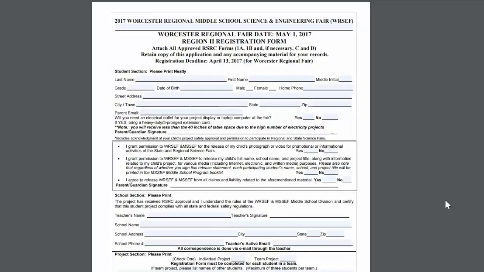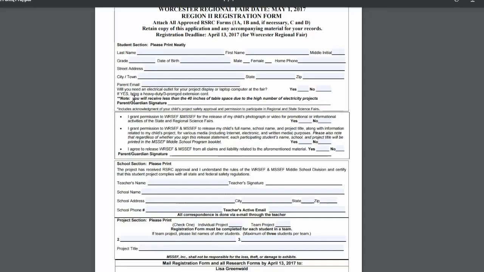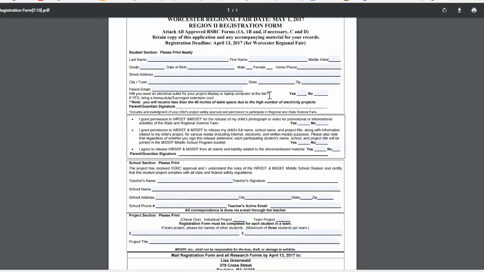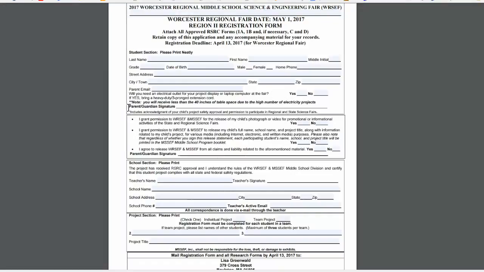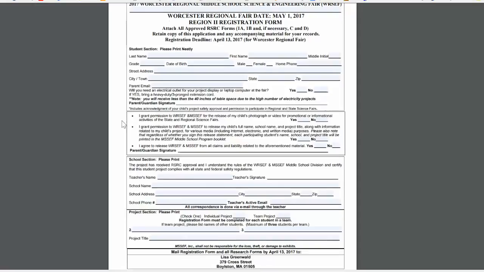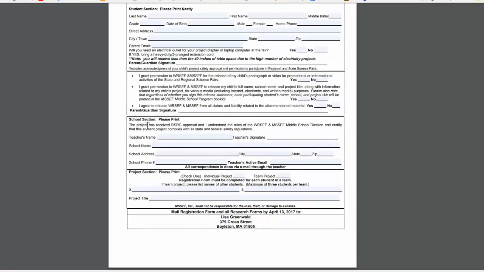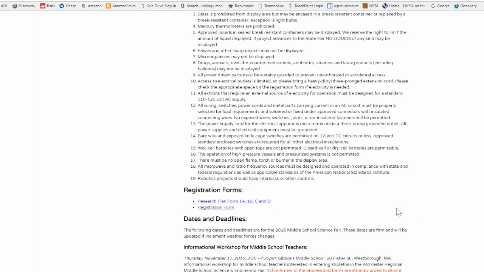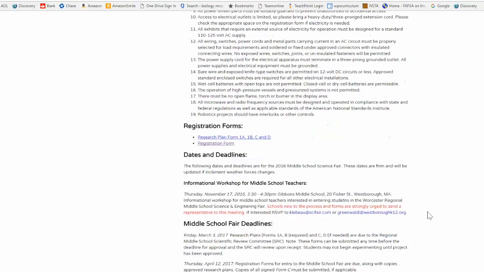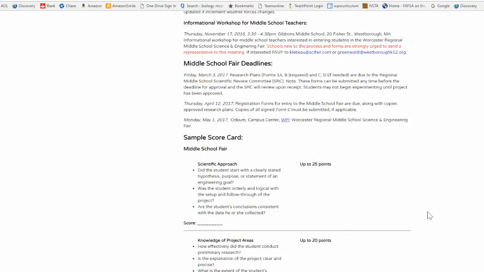So here students fill out their information. They say whether or not they need an electrical outlet, whether or not they can be photographed, and then there's a school section with the teacher's name, school address, and school phone number. So now let's continue scrolling down the WRSEF website and take a look at the scoring sheet